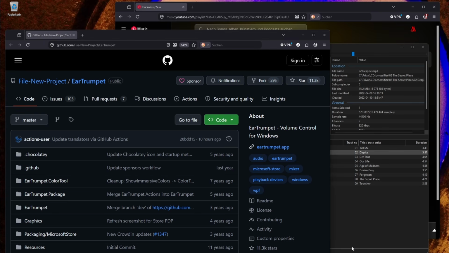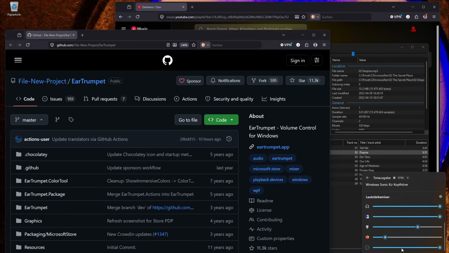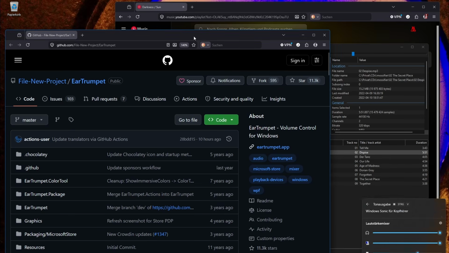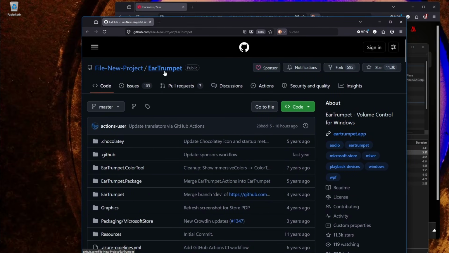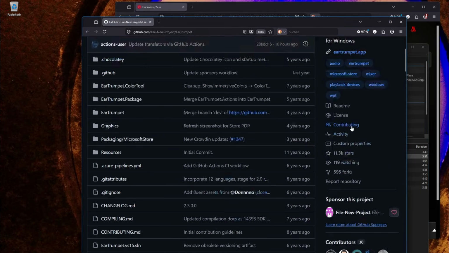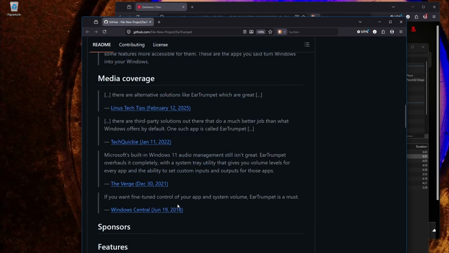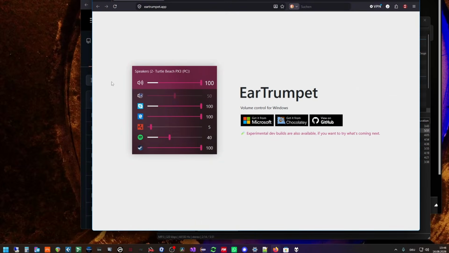But nevertheless, it's a bit of a hassle to go there, even if there is this cool key combination and scrolling down brings you quickly here. And there is a little tool to the rescue. You already saw here the screen. It's called EarTrumpet and it's an open source tool and you can find it here on GitHub. But on GitHub you find only the source code, but there is a link here to jump to this little site. So here they have the eartrumpet.app site and you can get this tool either from the Microsoft Store or